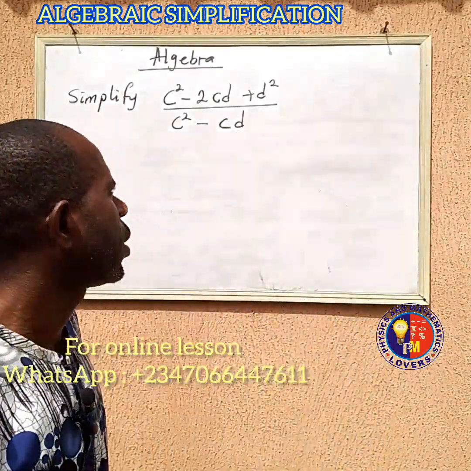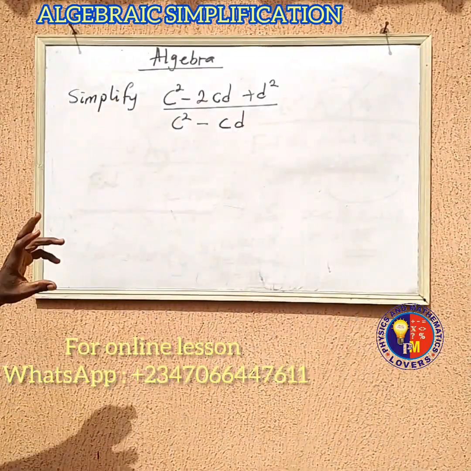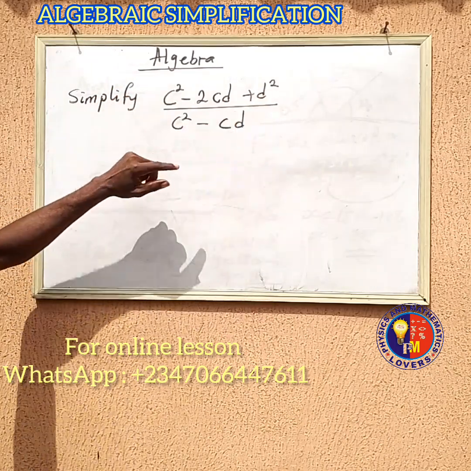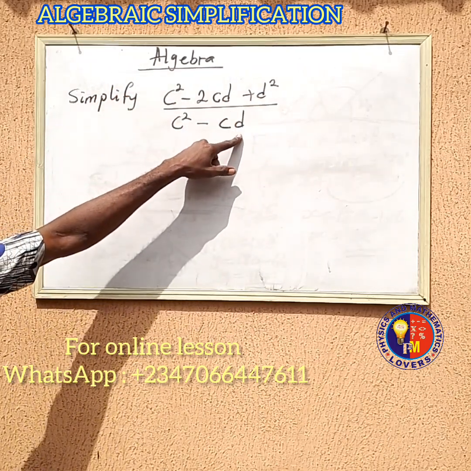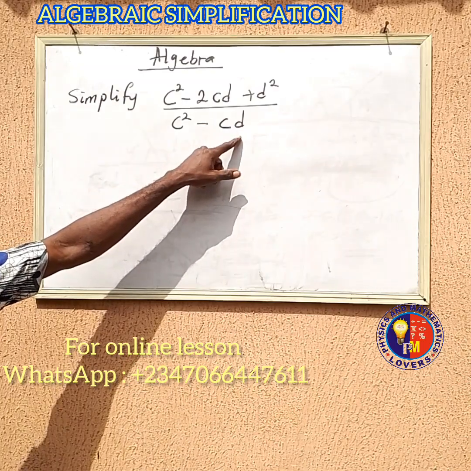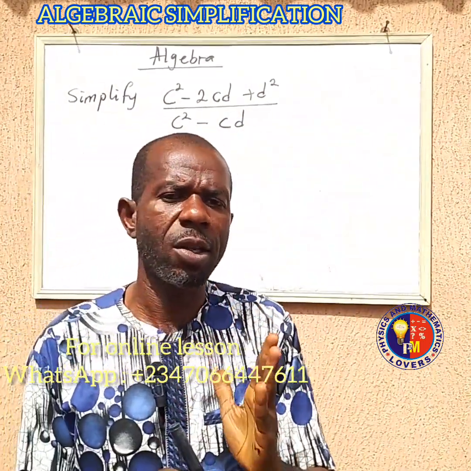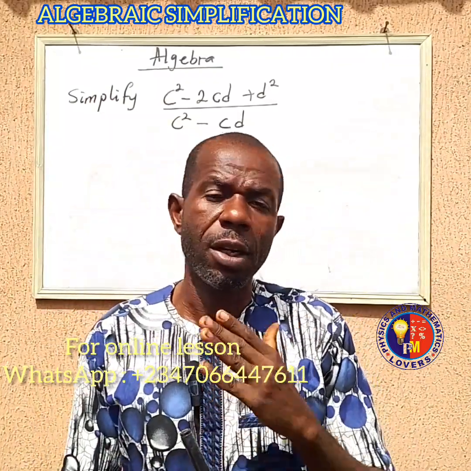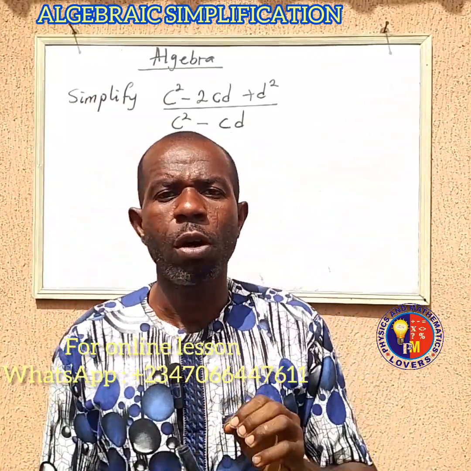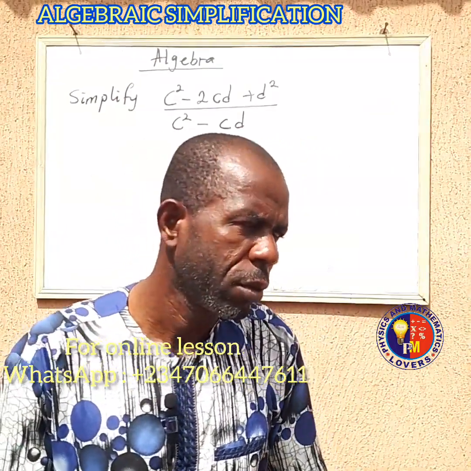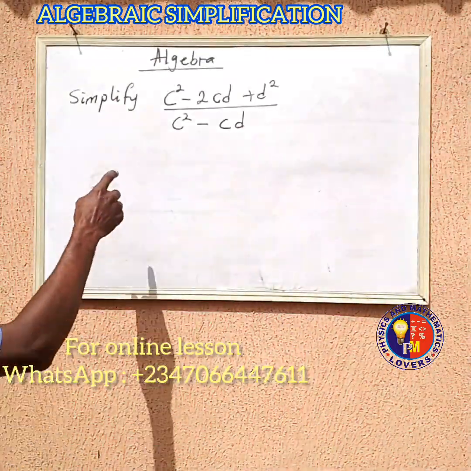In order for us to do that, we are going to factorize the numerator and also factorize what? The denominator. Good. When we talk about factorization, factorization simply means writing an expression as a product of its factors. That is called factorization. Now let us factorize this